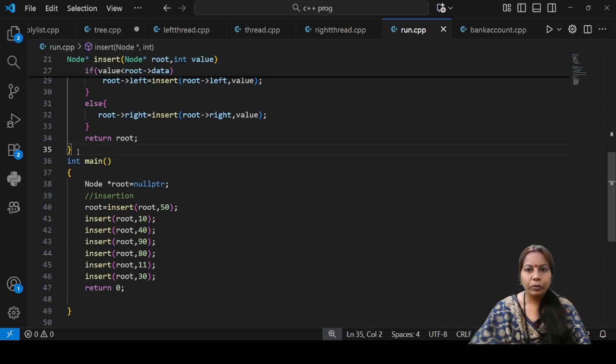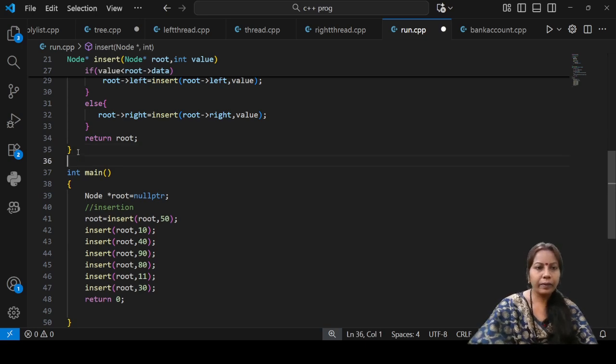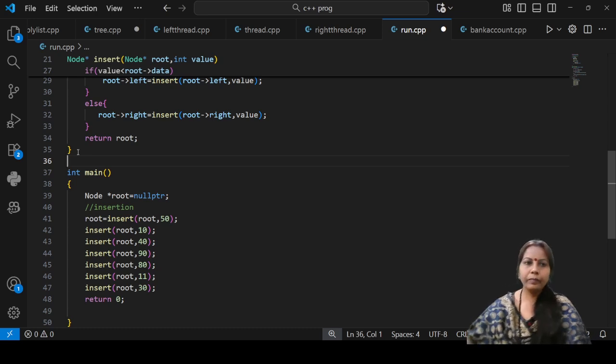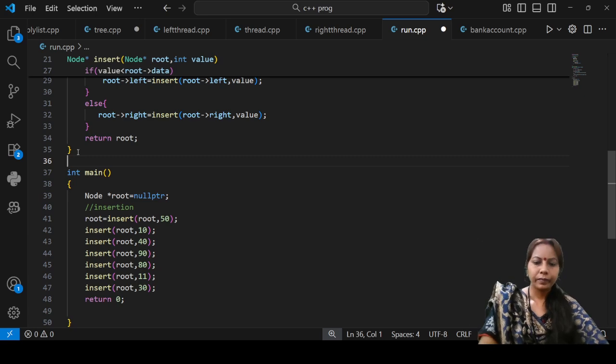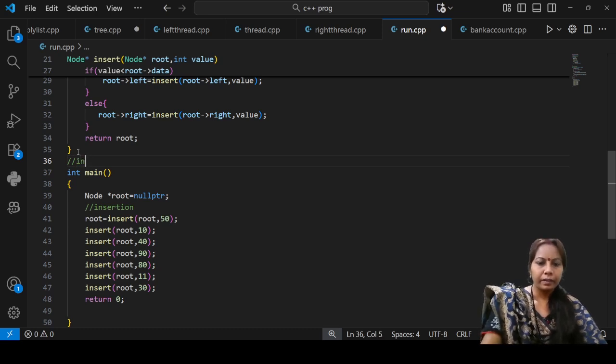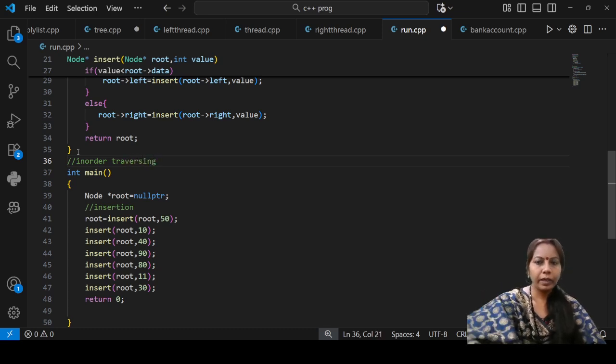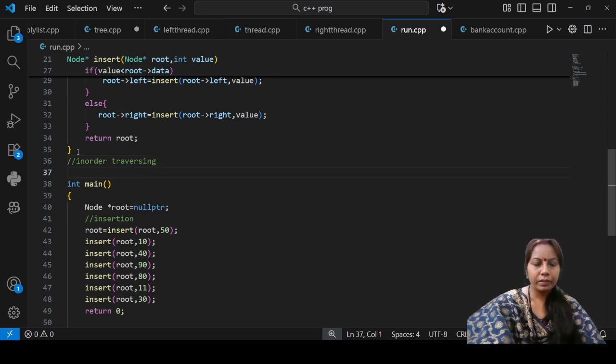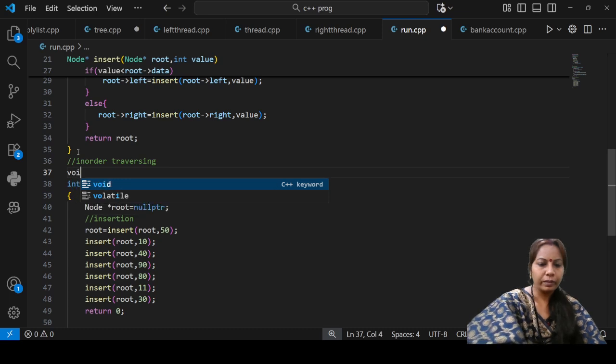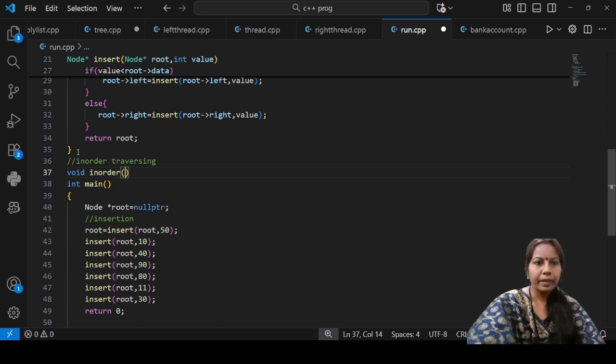Okay, now at first here I am going to use in order traversing. This is the comment section, and here in order traversing. At first here I am going to use the function void in order, and inside this here I would like to pass the parameter.